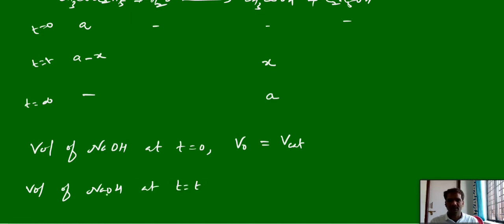After some time t, how much of NaOH is required to titrate this ester hydrolysis reaction? So, in that condition, after some time t, we have acetic acid. So now volume Vt should be equal to volume of catalyst plus volume of acetic acid, that is nothing but, let us take X. Okay, that is an X value.